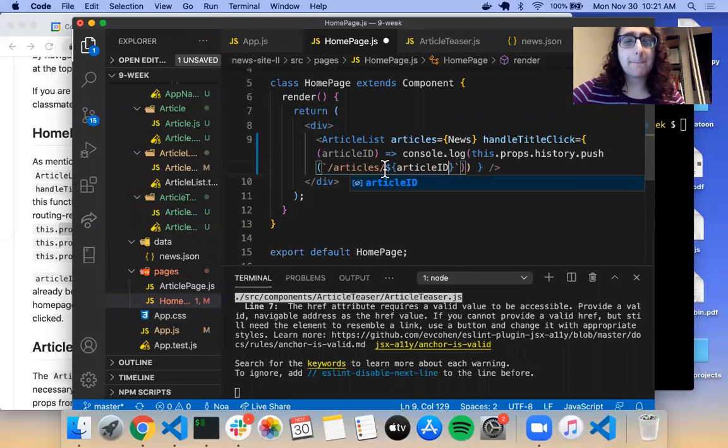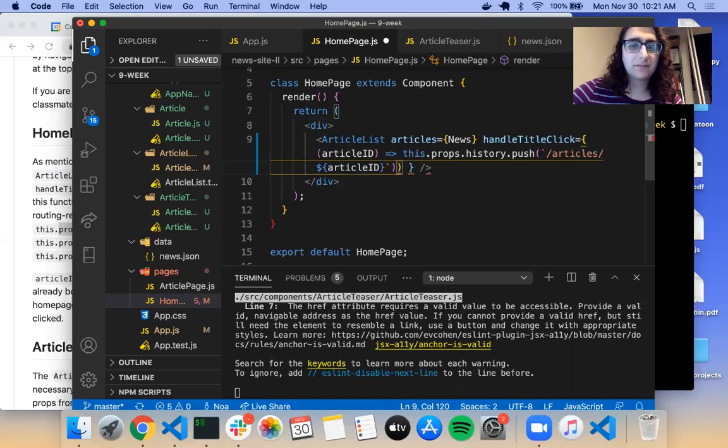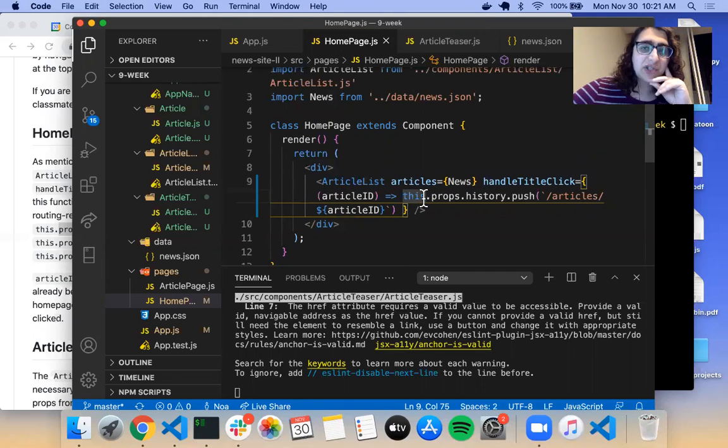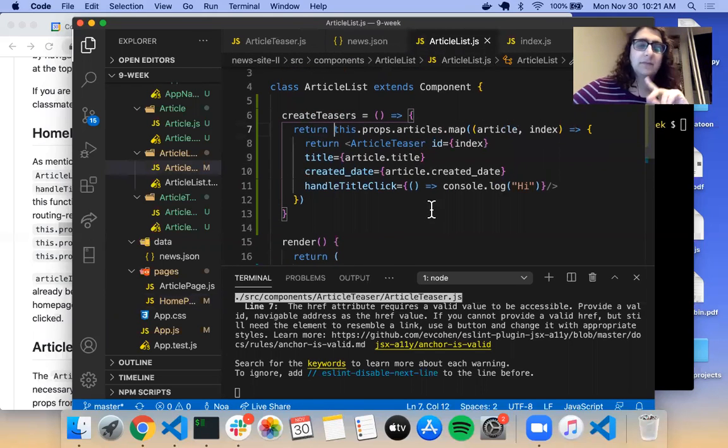Article ID. So we don't want to console.log anymore as well. And so that will pass this function into article list. And we can